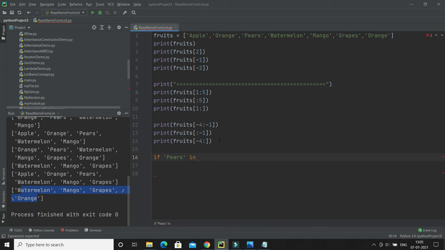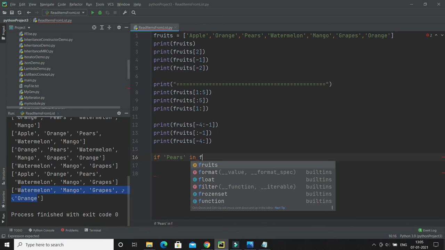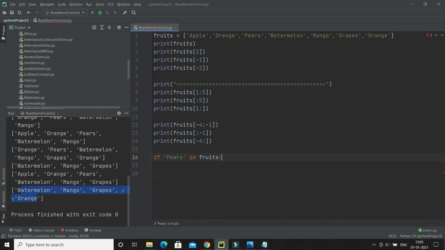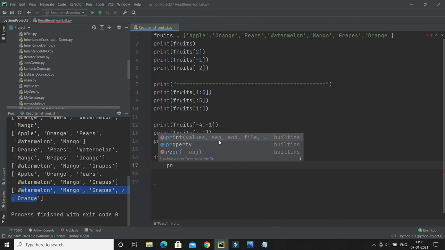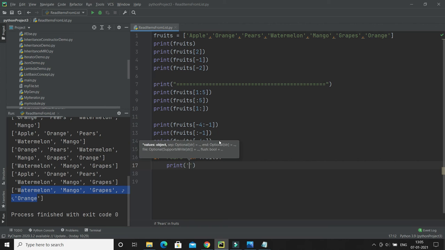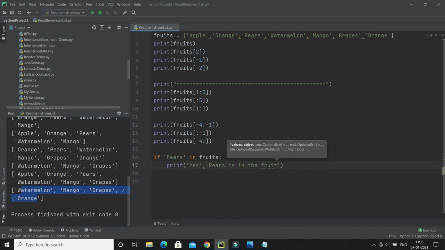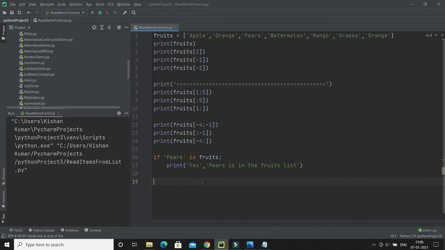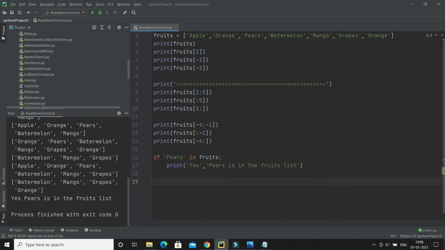You have to use the in keyword, in, and your list name, and if this gets true, then I would like to print a message, yes, pears is in the fruit list, right? And let me show you. After running, it is saying that yes, pears is in the fruit list because pears is there.